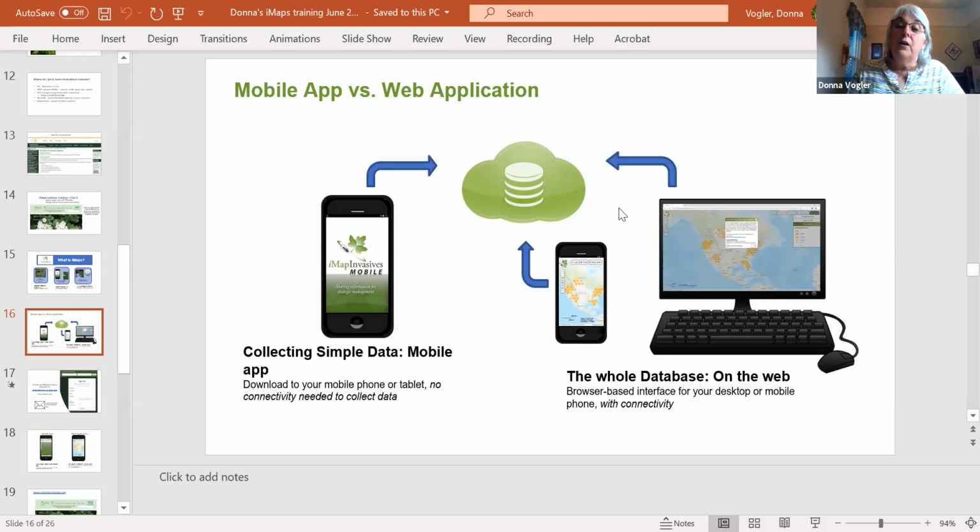So even though you may only use the cell phone part of it, eventually you'll need to go use the computer part, and there's some advantages to looking at it that way. So I'm going to cover the online computer part. Jeff will go back and cover the mobile part, but the two will meet in the middle.